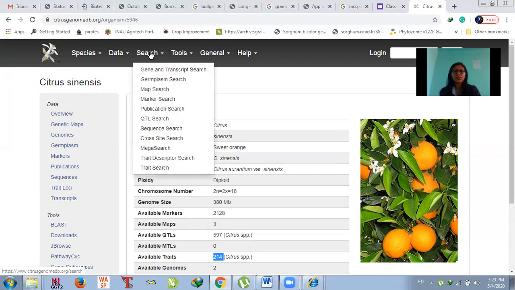And next, come to the search menu. From the search menu you can easily search for the different kinds of genes and their transcripts which are present within a particular genomic location.